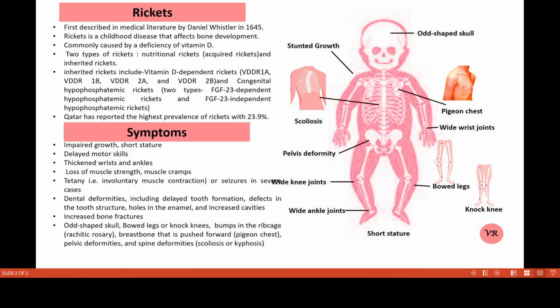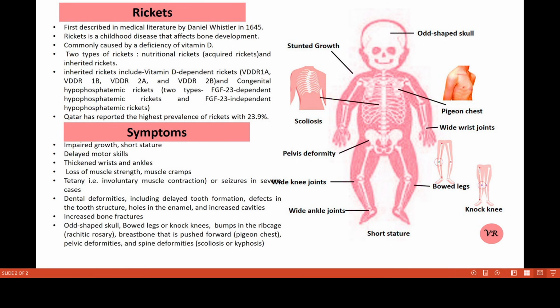The most important laboratory marker to diagnose rickets is serum alkaline phosphatase, which is typically high, as this is a disease of abnormal mineralization and increased osteoblastic activity. Alkaline phosphatase activity is induced by phosphate deficiency in rickets. In phosphopenic rickets, ALP, that is alkaline phosphatase, values are frequently noted between 400 to 800 international units per liter. And in calcipenic rickets, ALP is markedly elevated, and values are frequently noted up to or greater than 2000 IU